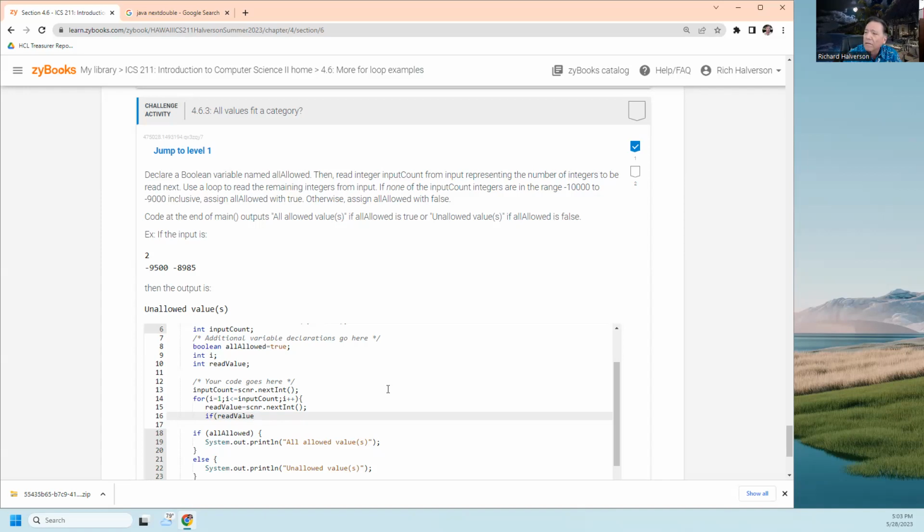if none of the input integers are in the range, then they're all allowed. If none of them are in the range, so they all have to be outside the range. Minus 10,000 to minus 9,000. Okay. So if none of them are in that range, so if any of them are in the range,